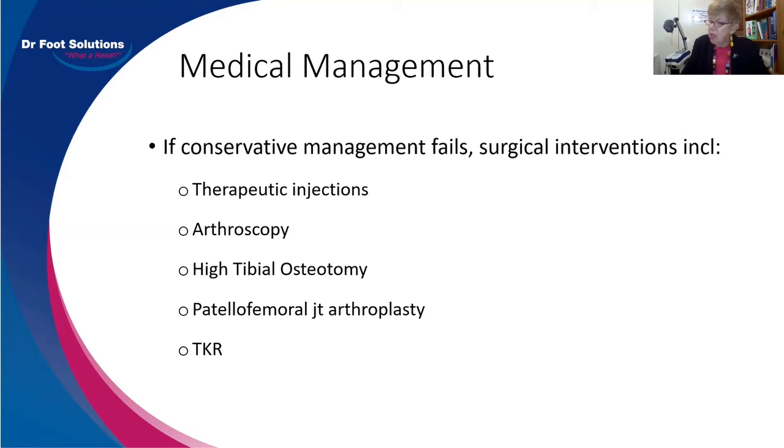The APA say that the cost generally is going to be in the region of about $500 to $700, but it can be done a bit cheaper than that, depending on whether it's a public program. So, if conservative management fails, and I think we're going to get to the point where the GLAD program will be put into this conservative area,